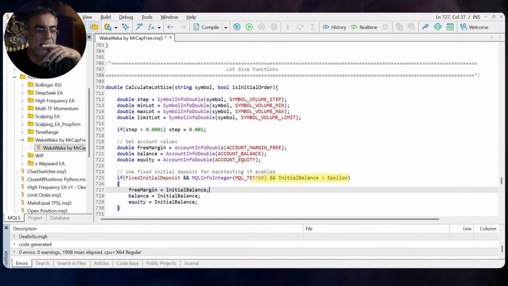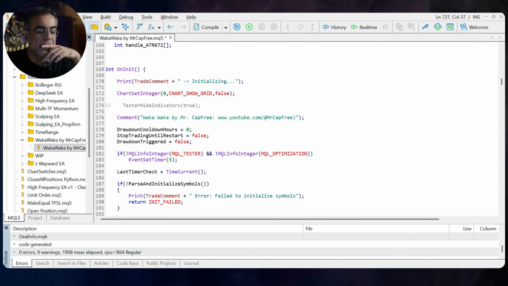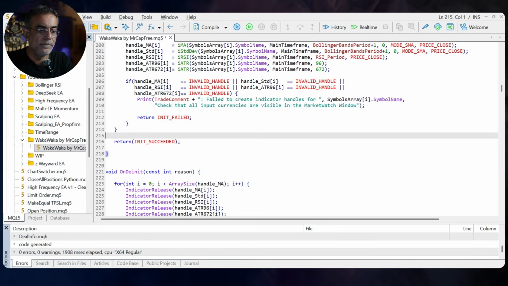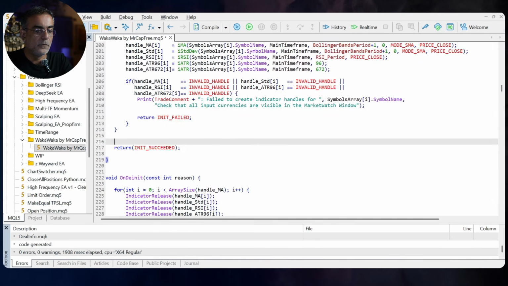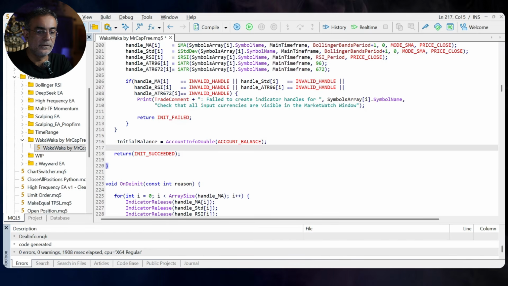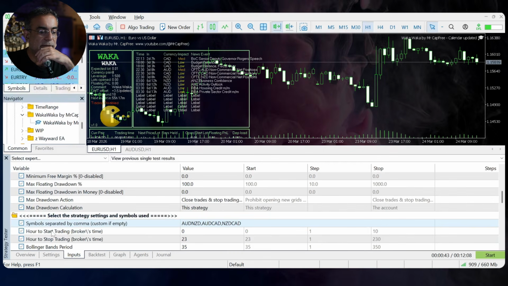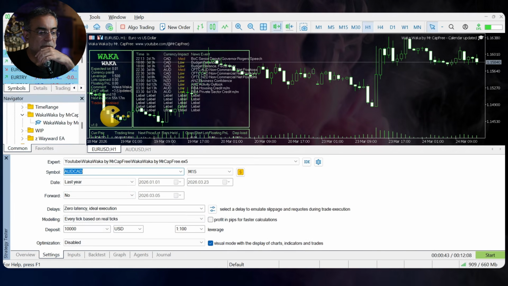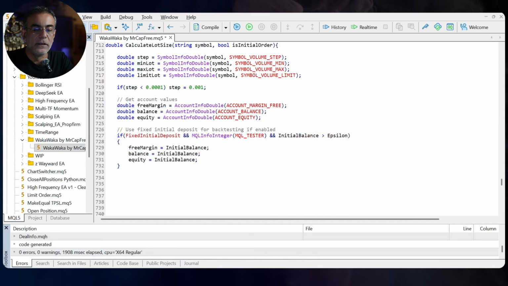And for the initial balance, we come back up here in the initialization function. Before the int succeed, we write initial balance is equal to account balance. So in the tester, this is going to be equal to whatever you put as the initial deposit. So if this is greater than epsilon, so it is a valid value, and the fixed initial deposit is true,